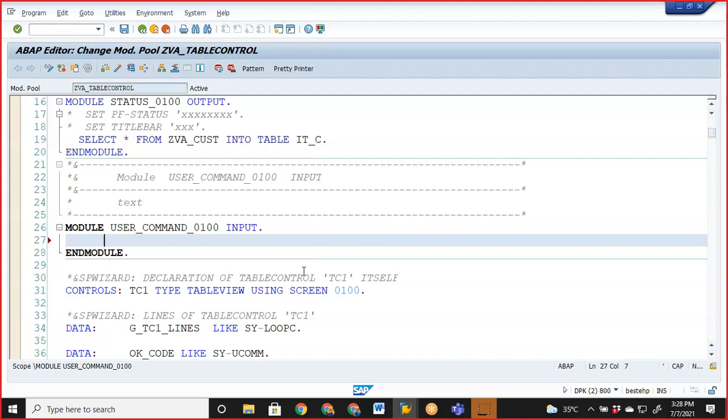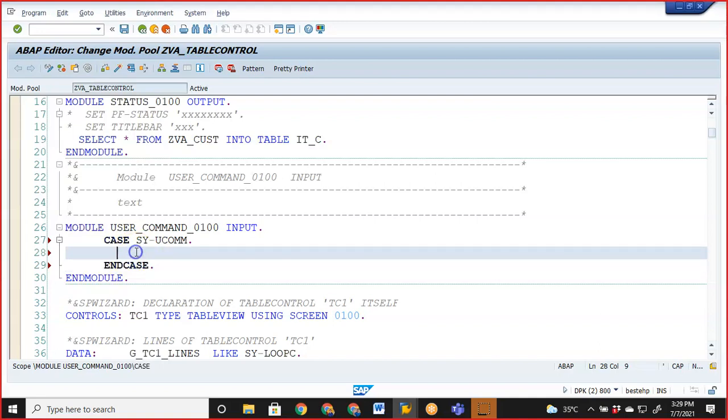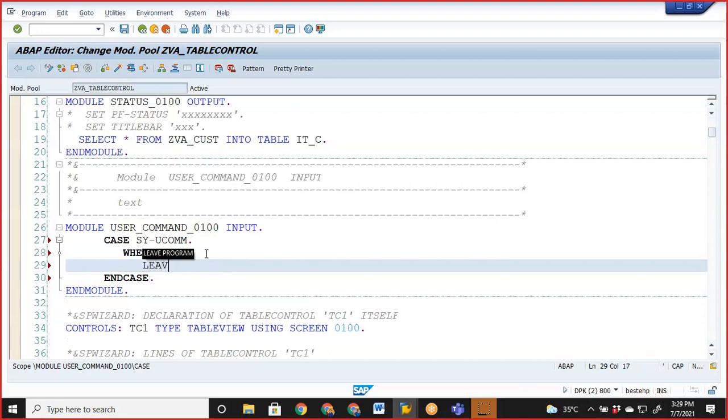Okay, now here let us go ahead with case sy-ucomm, end case, when exit, leave program.